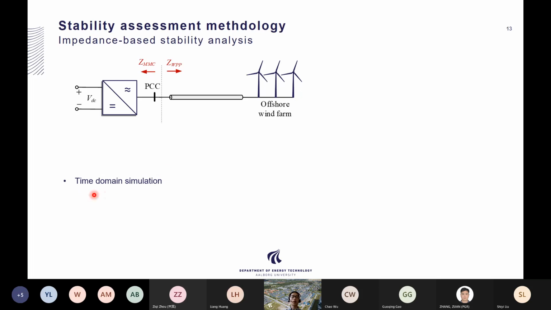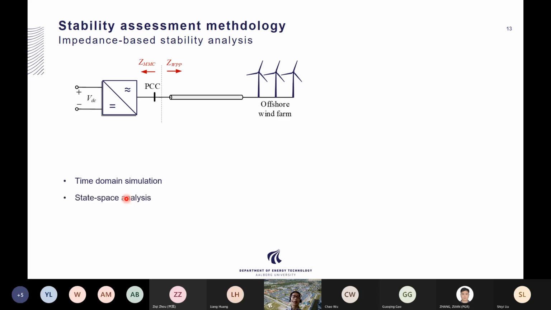The second thing is that the time domain simulation is a case dependent result. For example, even if you can see this system is stable in this case, for another case, for example, where the power generation from this offshore wind power plant is reduced from 1 per unit to 0.5 per unit, you actually do not know whether the system will be stable or not in that scenario. So in principle, if you want to check the stability in all the operating conditions, you have to run a lot of time domain simulations, which is quite time consuming. So those are the two main drawbacks of this